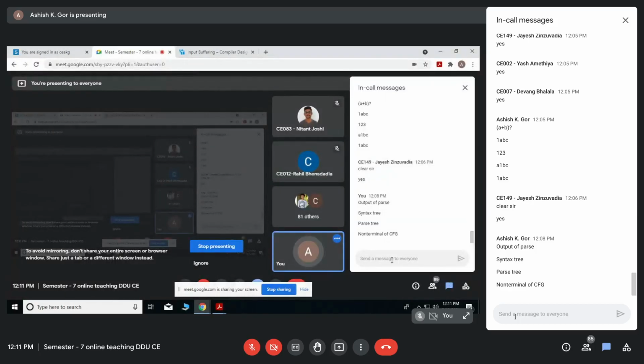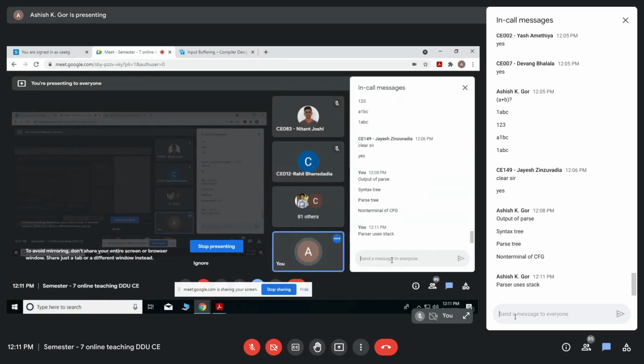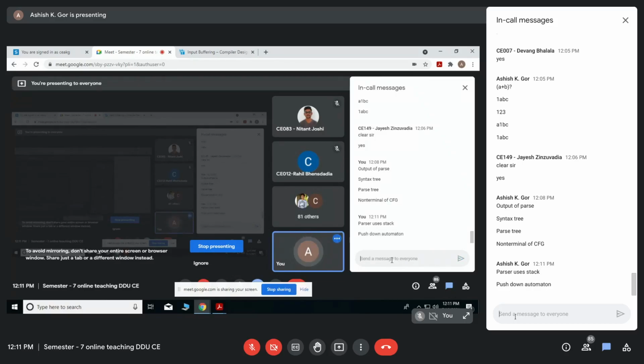Why is it difficult? Because the parser, as we will see, uses a stack. Why does it use a stack? Because a parser is actually an implementation of a pushdown automaton. PDA, because context free grammar is there, and you can have a one-to-one correspondence between context free grammar and PDA. So the parser is a kind of deterministic pushdown automaton.